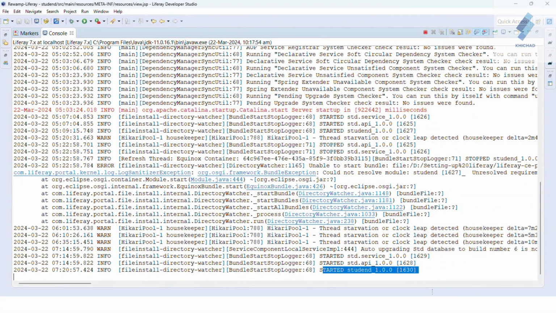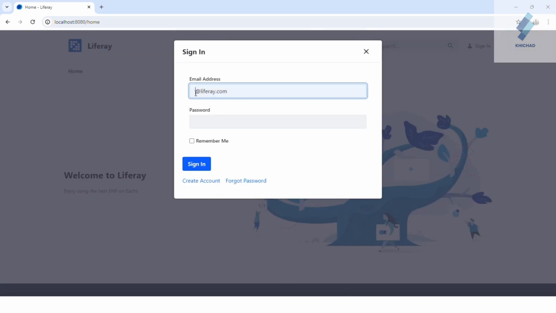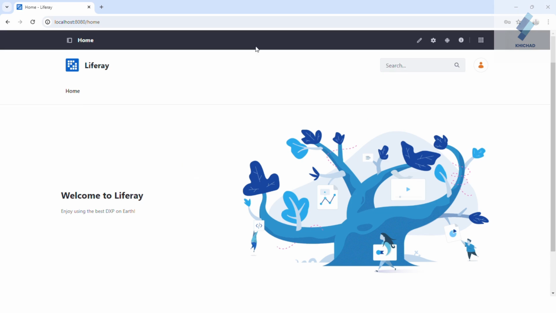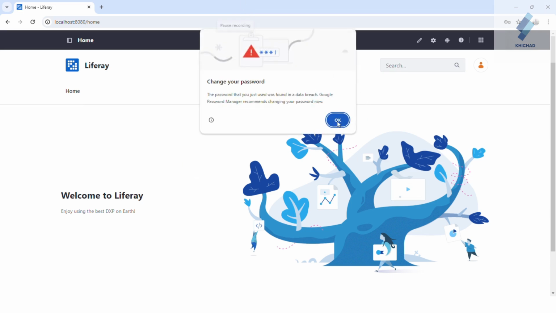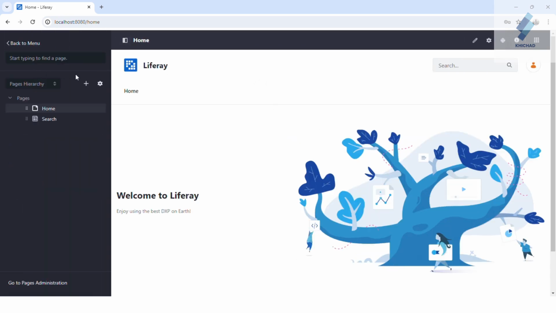Now for displaying student data on the portlet. After deployment, we have a Liferay instance. First open the browser and log in to the Liferay portal. I'm just using my login credentials. After login, just create a new page.